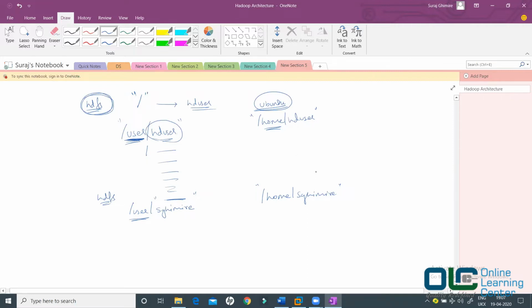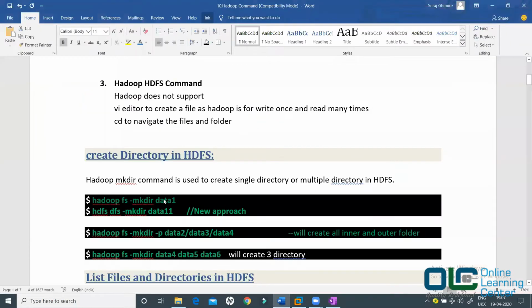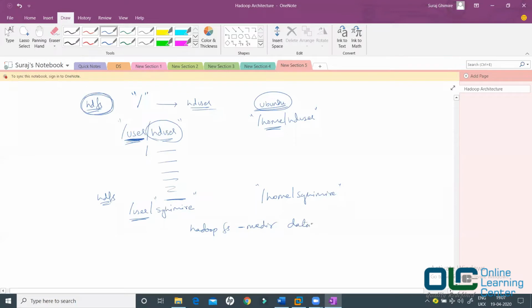Then I said hadoop fs -mkdir, and you said I want to create a folder called data1. You are saying create a folder called data1 in HDFS.